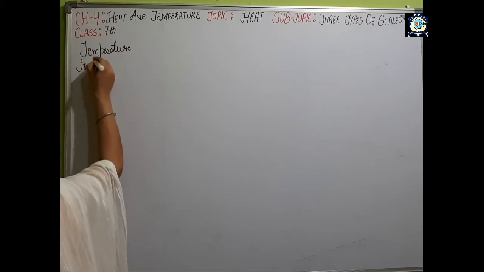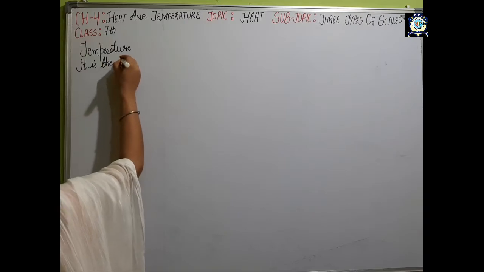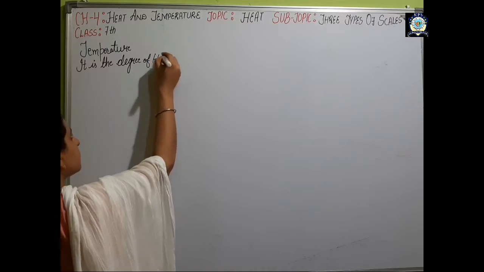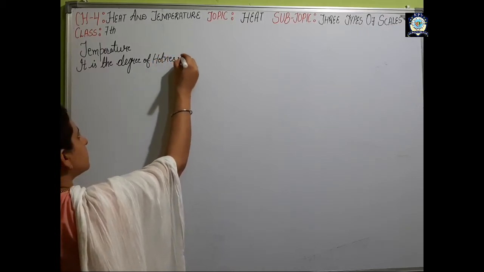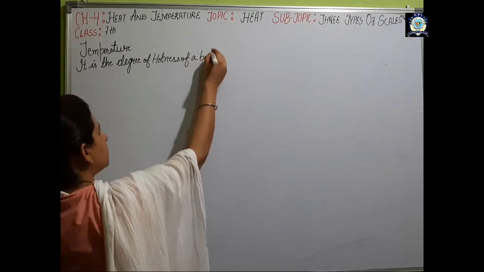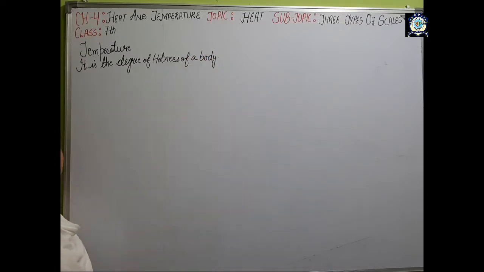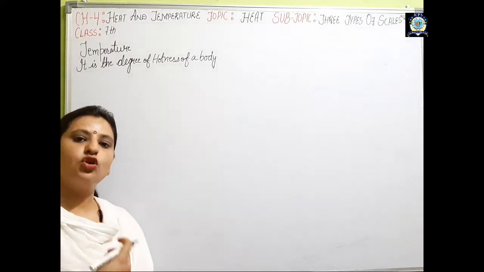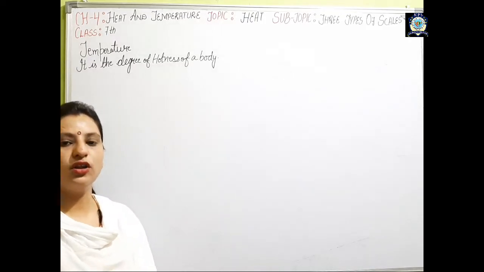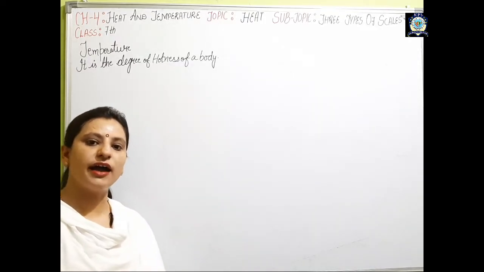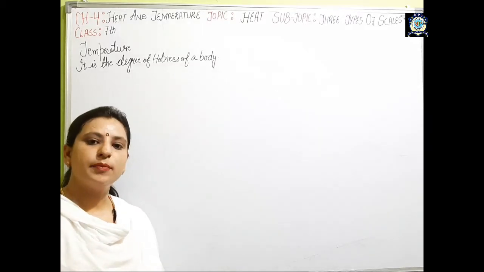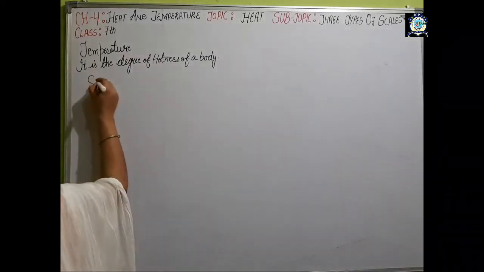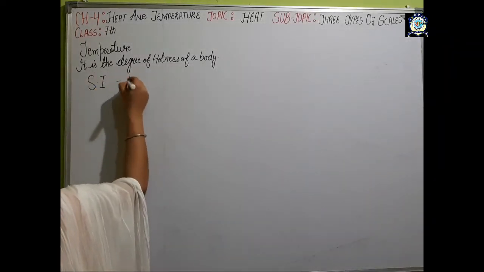it is the degree of hotness of a body. This definition shows that if more hot is the object, more is the degree of hotness, or you can say if more hot is object, then higher will be its temperature. The temperature is measured in SI units called as Kelvin. So SI unit of temperature is Kelvin,